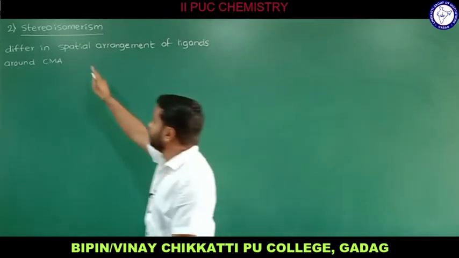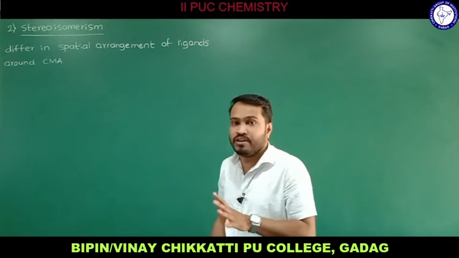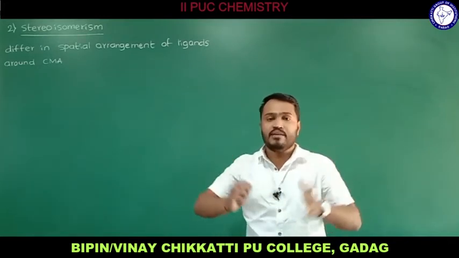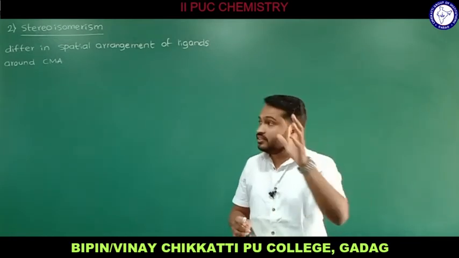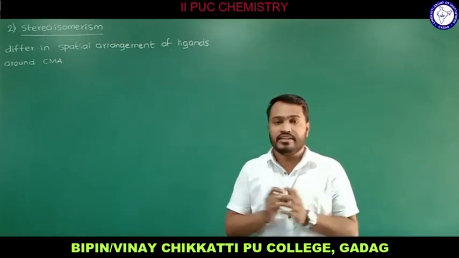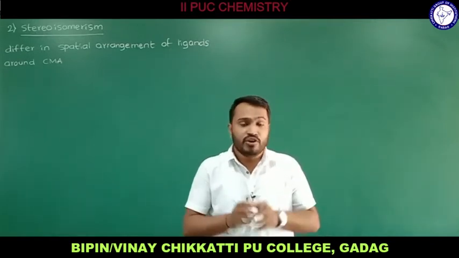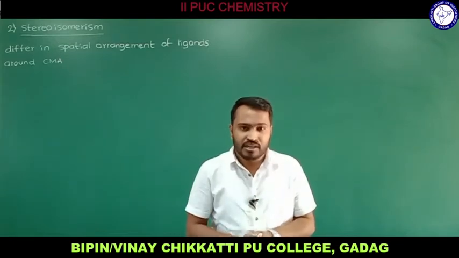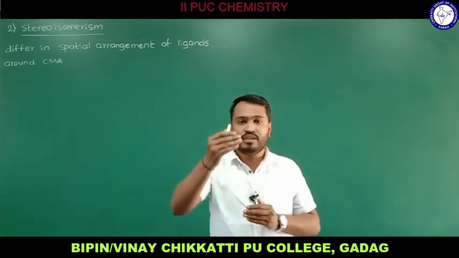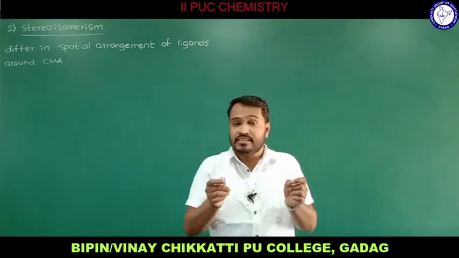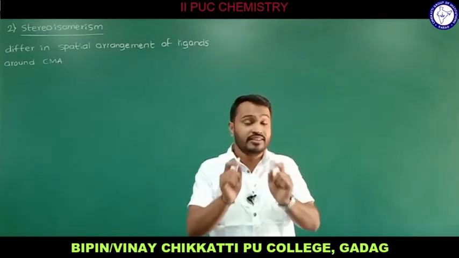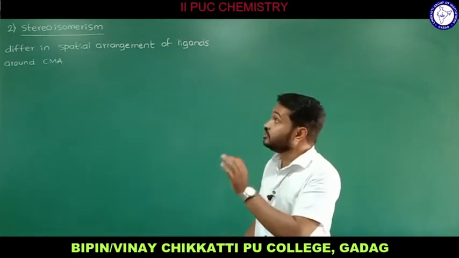So, just to explain what I have written about the spatial arrangement in space: some of these structures are three-dimensional, so in space the arrangement of ligands will be different. Therefore, spatial arrangement of ligands. One example I am going to give you: if you consider the geometry of an octahedral shape, four ligands will be present at the four corners of a square, one will be above the plane and one will be below the plane. This is how the spatial arrangement of ligands will be, and they are going to differ in this concept, and therefore we call it stereo isomerism.